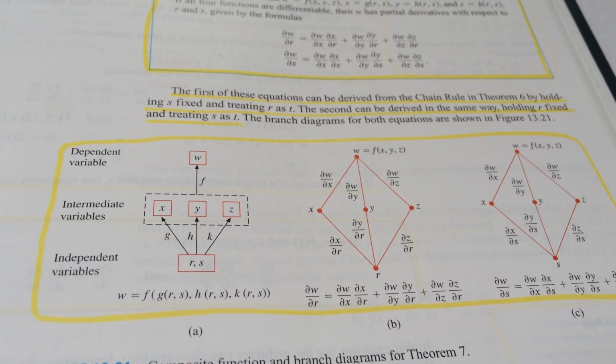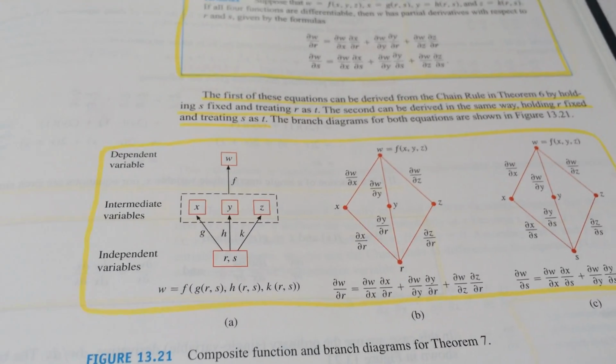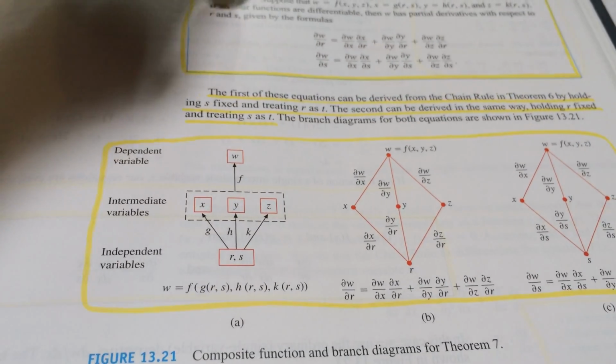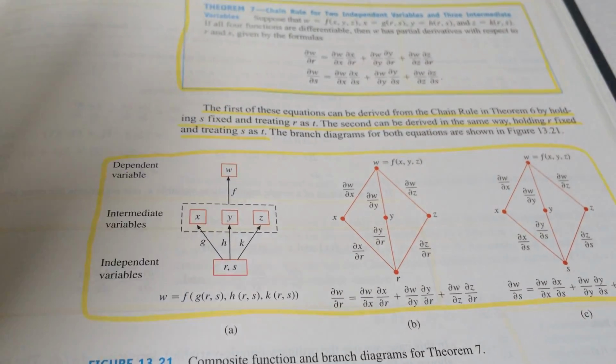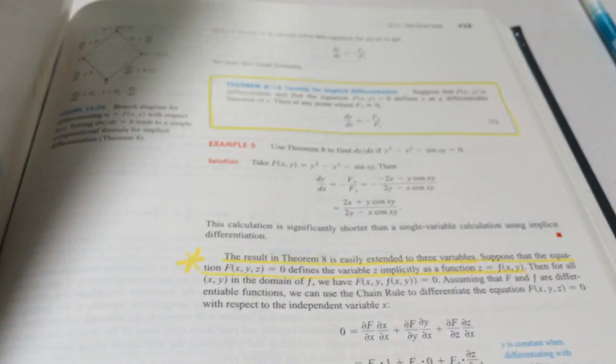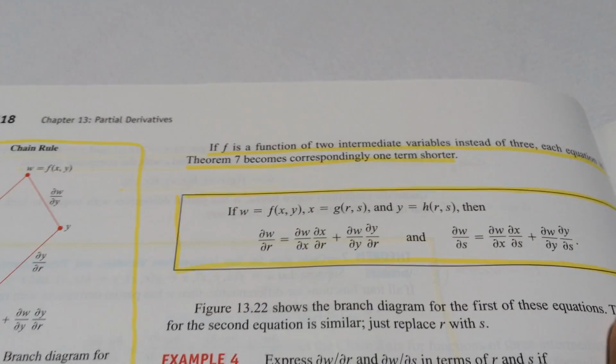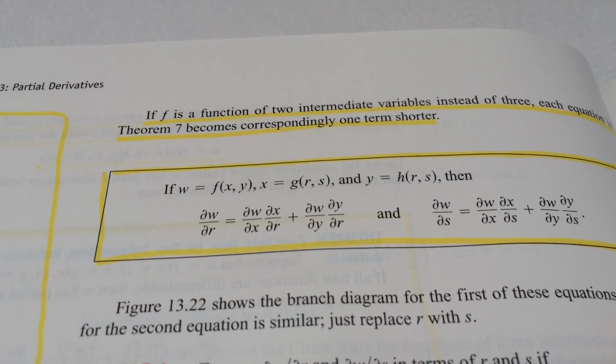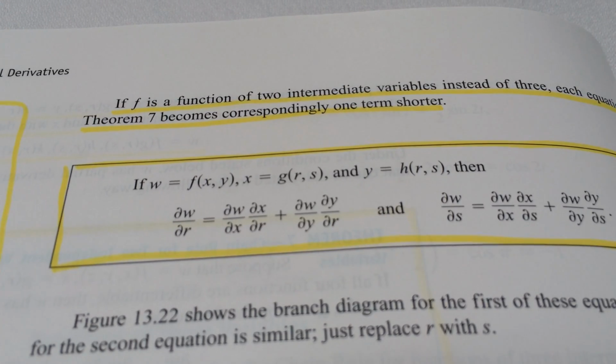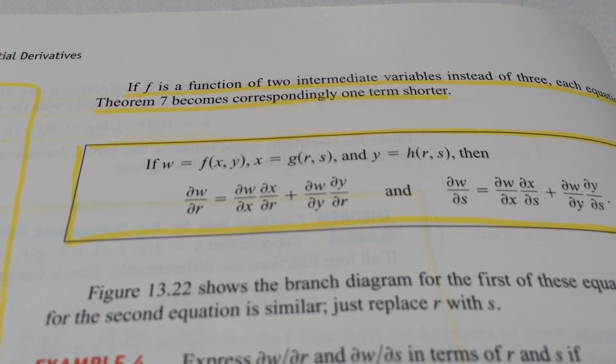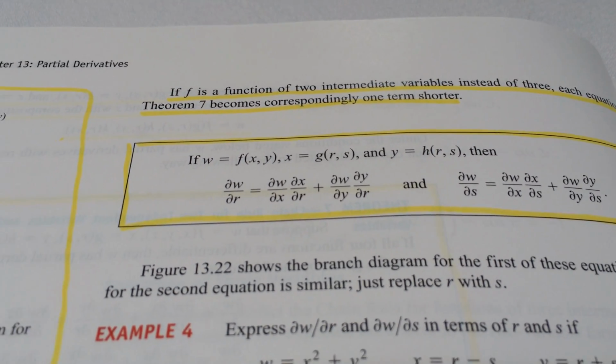And then they have some pictures. Again, I'm going to show you my pictures, which I think are better. I'm going to come back to this formula, the Theorem 7. The book does this a little bit out of order, I feel like. So I'm going to come back to the Theorem 7, and we're going to move instead to page 718 at the top, and we're going to look at this case first, just because this is a smaller case and it's a function of two variables instead of three,